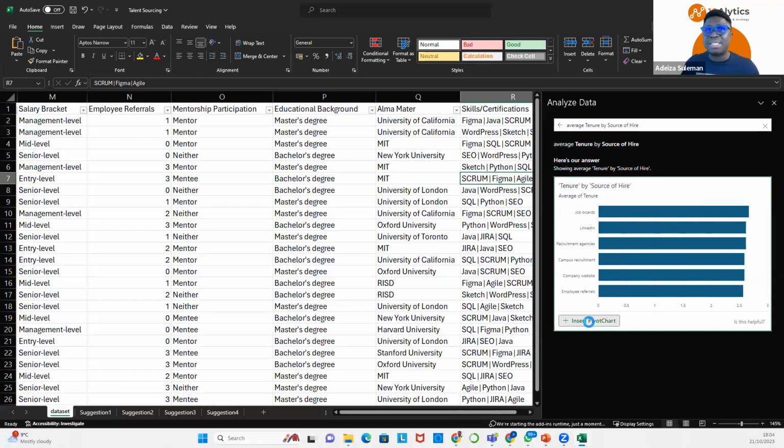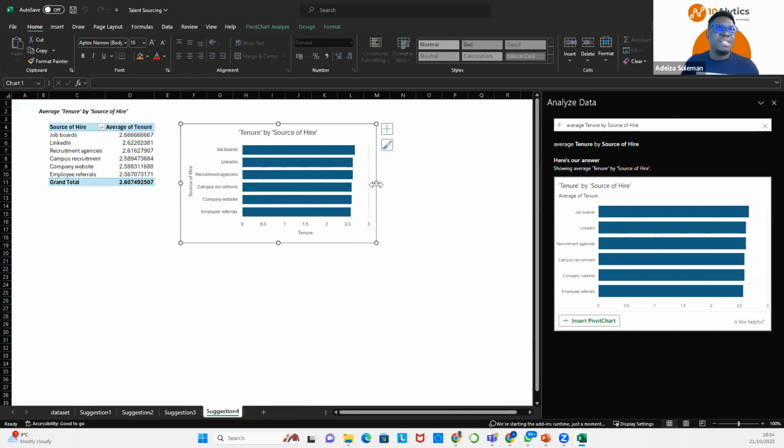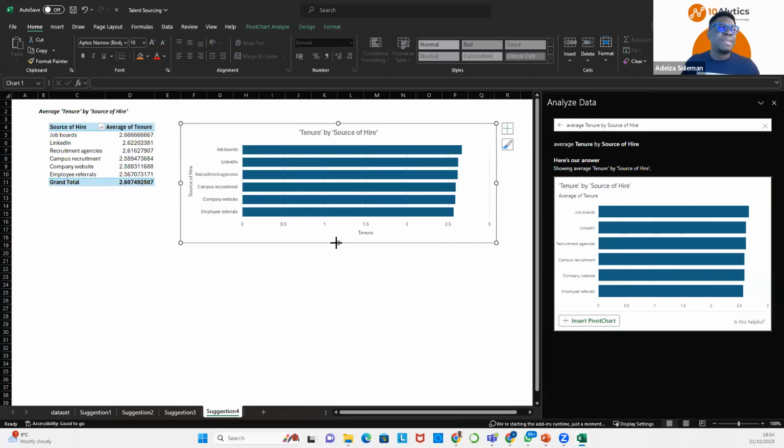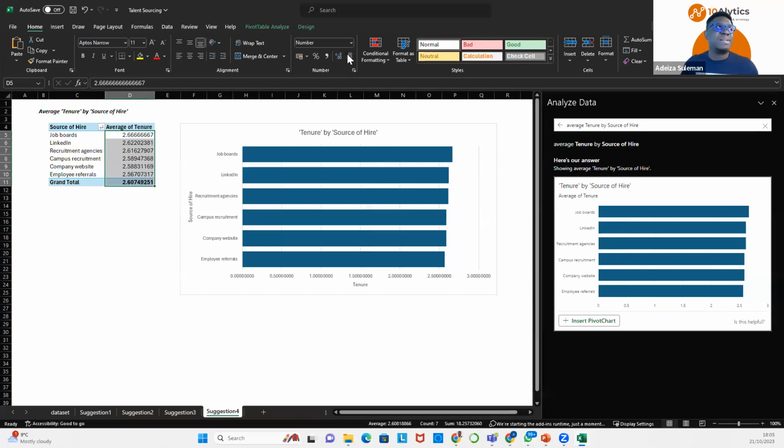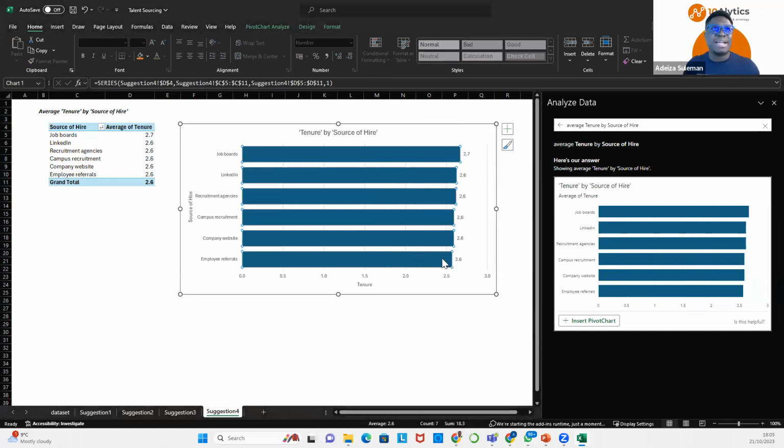As usual, I click on insert. Let's increase the size of this. Reduce our decimals as usual. We should be used to this by now. Select the numbers, decrease decimal until we have just one decimal place. And let's add the labels so we can see the labels on all the bars. I right click and then I click on add data labels. Let's increase the data labels as well. So I click on any one, it selects everything. I go to bold, I make it bold, and then I increase the font size. Let's make it 14, so it's bold enough.